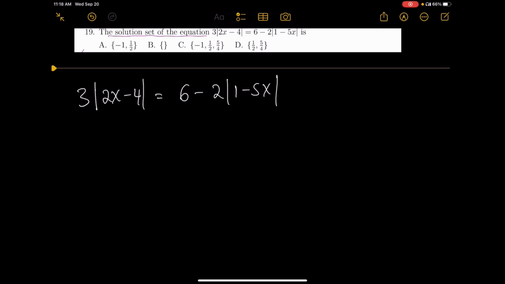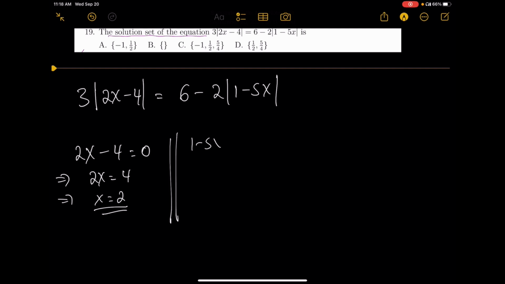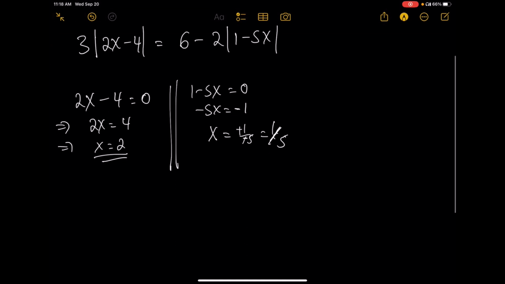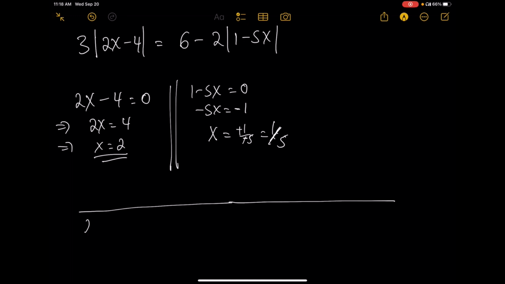Okay, first let's find their zeros. When is 2x minus 4 zero? 2x minus 4 is zero when 2x equals 4 and x equals 2. When x equals 2 it will be 0. Okay, how about 1 minus 5x? When is 1 minus 5x zero? Minus 5x equals negative 1 and x equals negative 1 over negative 5, so x is 1 over 5. Very good. Now let's draw a sign chart for 2x minus 4